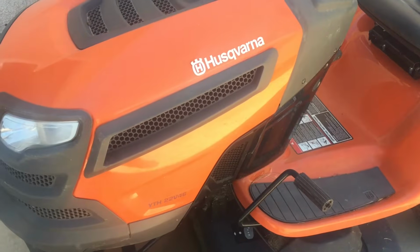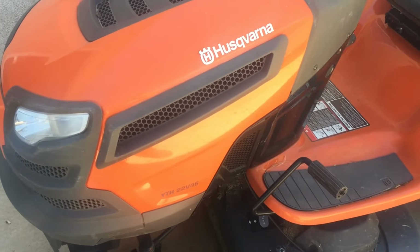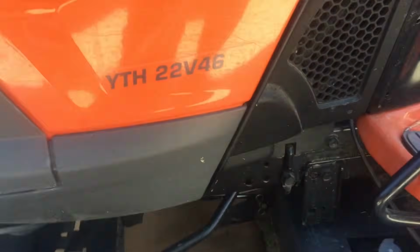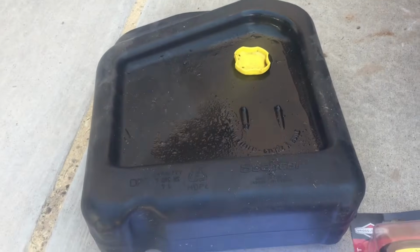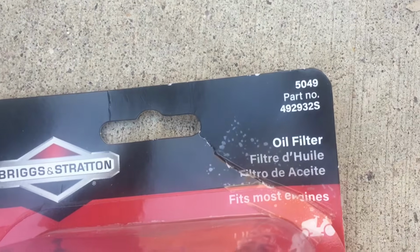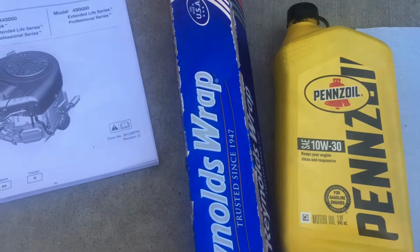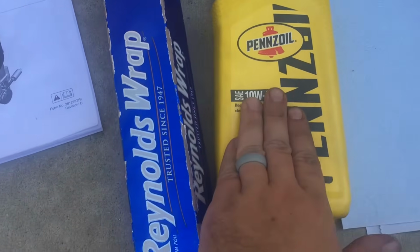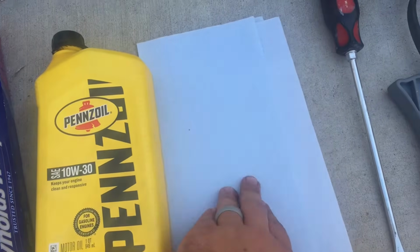Here's a video on how to change the oil and the oil filter on a Husqvarna riding lawnmower. Specifically, I'm working on this model, and here's everything you need. Obviously, something to catch all that old oil in, a new oil filter, and here is the part number that you'll need. Some tin foil or the drain tube that comes with the mower, some oil, and some rags just